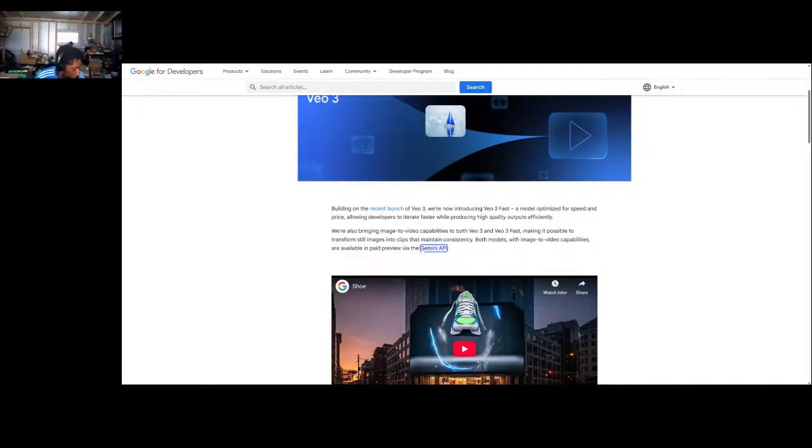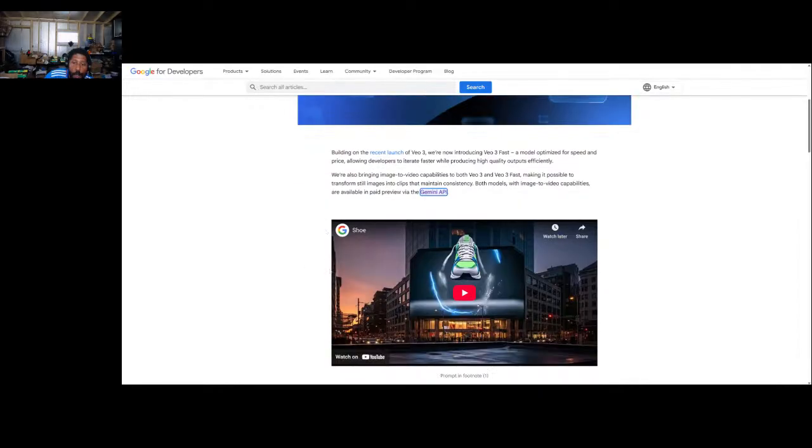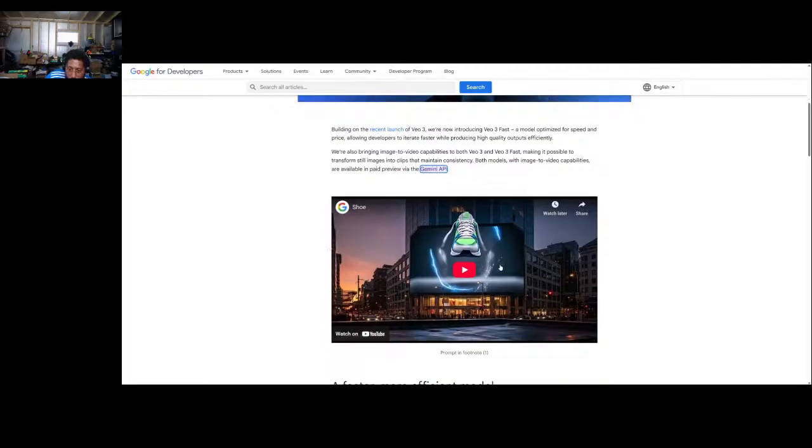All right, but so back to this. I'm wondering, because I have a Gemini Pro or whatever, and I'm trying to figure this out. Here's an example. It just says shoe. It's on their Google for Developers page. This is something they generated here. I'm assuming maybe the image is the billboard. I don't know. We'll see. Just check this out.